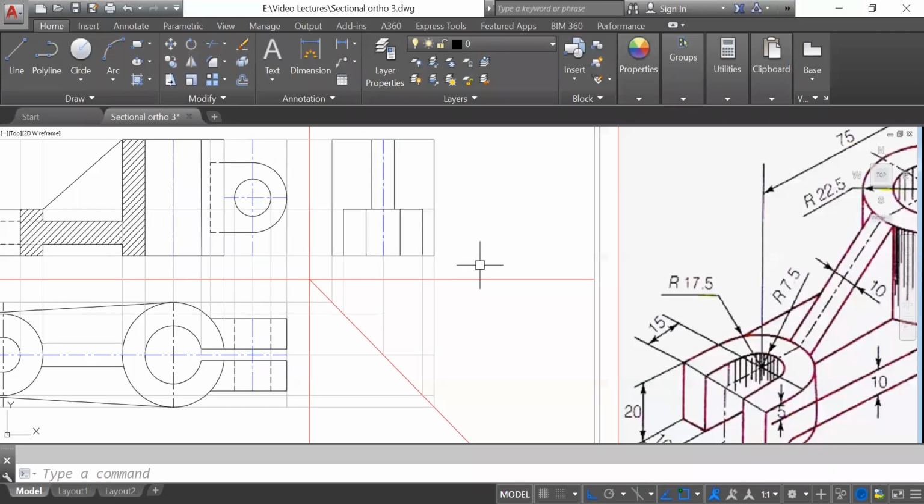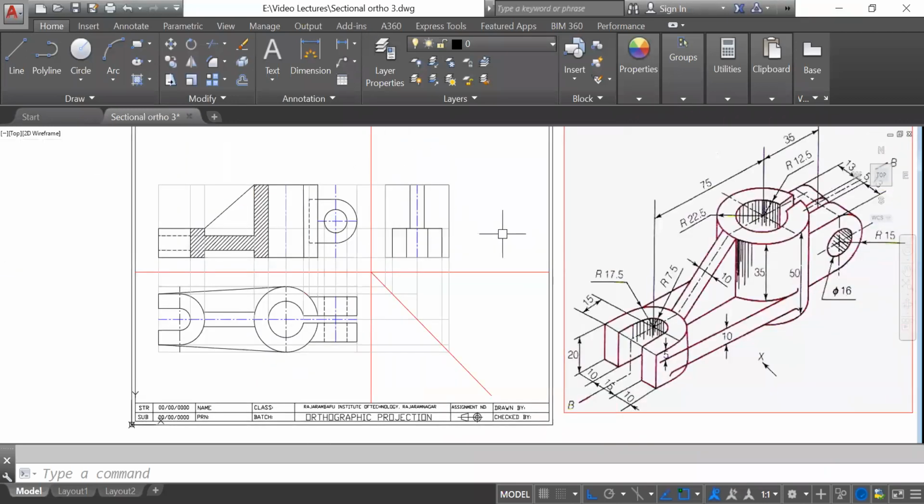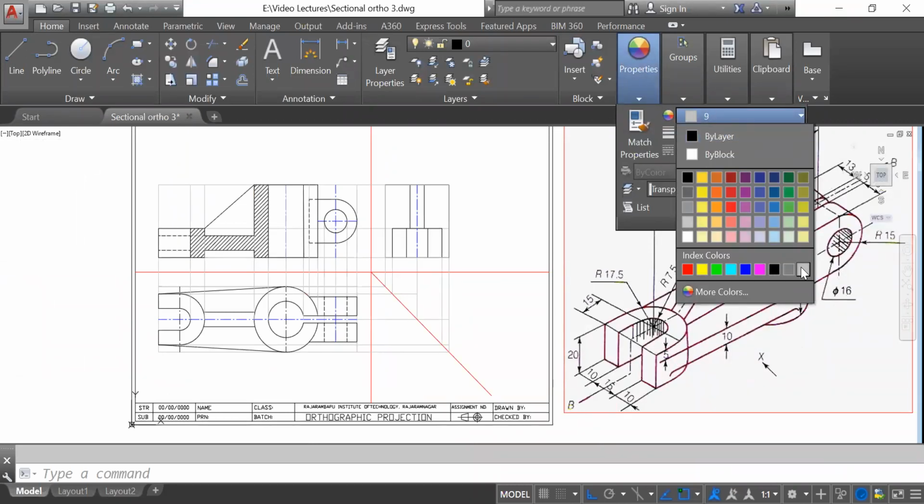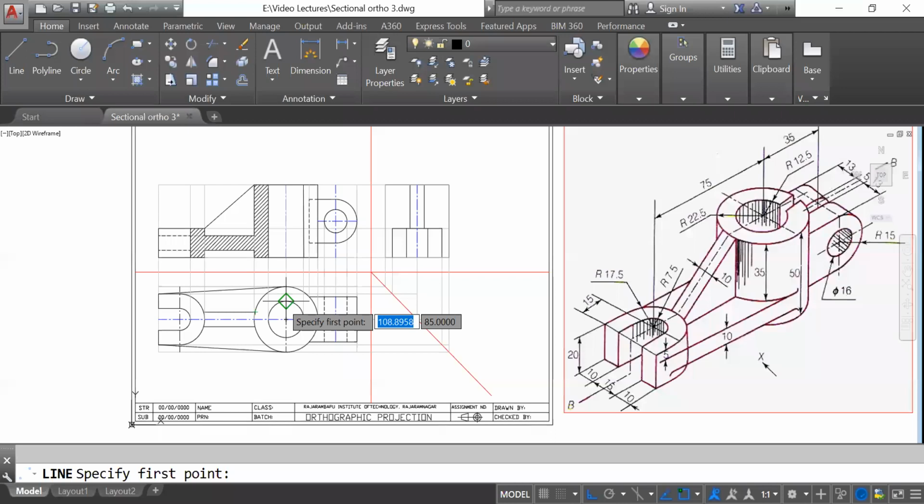Okay, after that, here next part, this particular cylinder is hidden in the inner cylinder here, so we have to show it as a hidden line throughout. So we can take this inner cylinder projections.